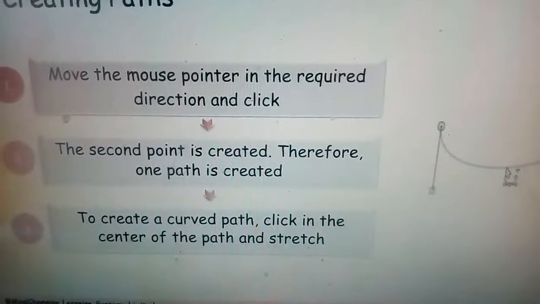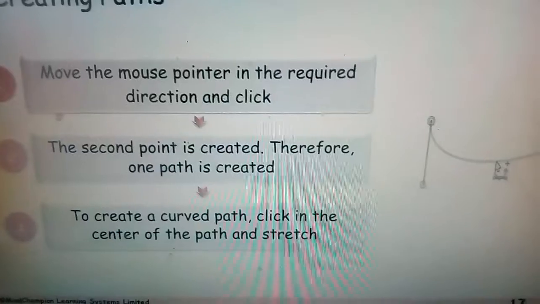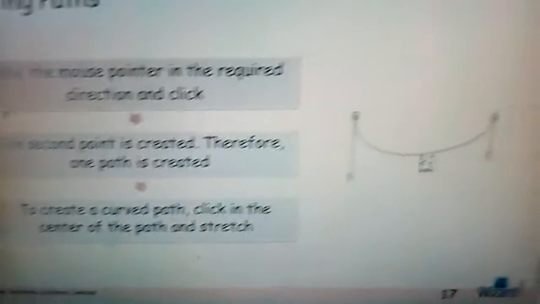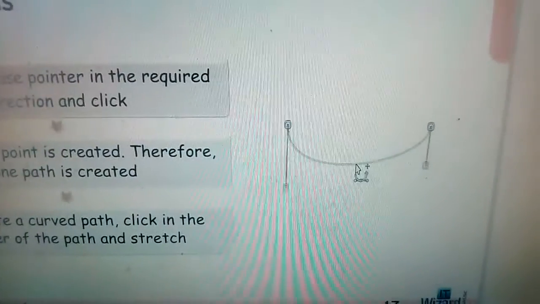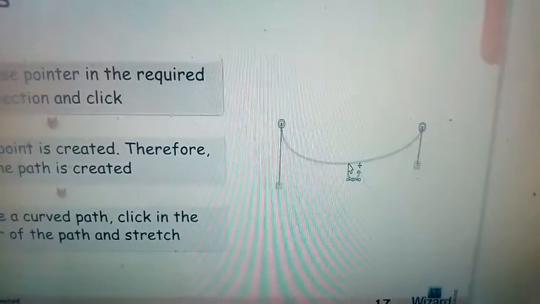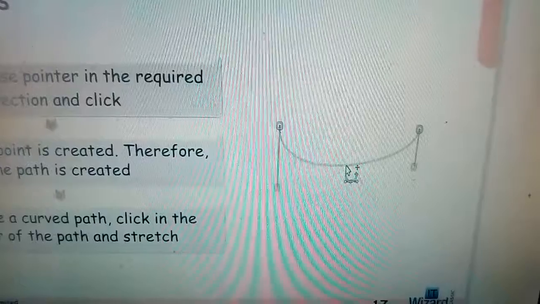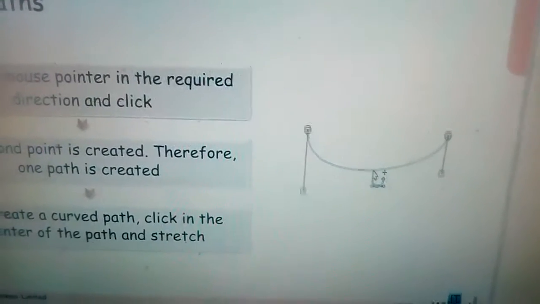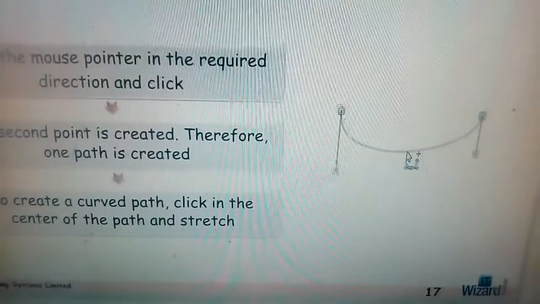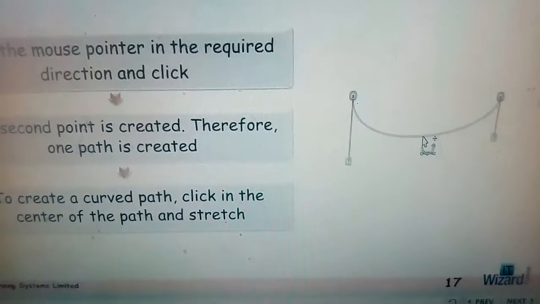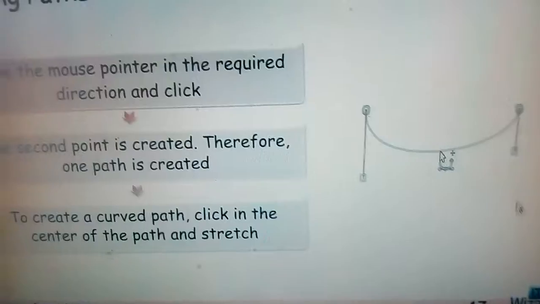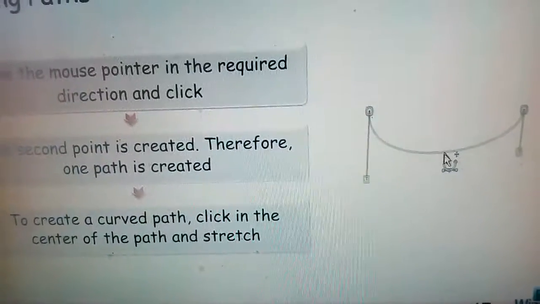click in the center of the path and stretch. Okay, so this thing you can see, previously we have seen the straight path, and this one is the curved path. To create a curved path, first you have to click in the center of the path. This is the center of the path.